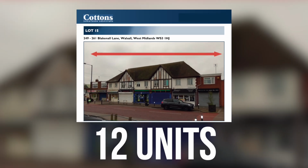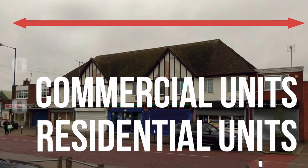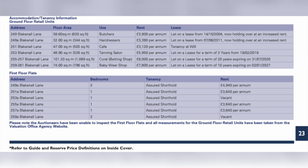So this is a block of 12 units that went to auction very recently, and it's 6 commercial units and 6 residential units. What that actually means is, we've got 6 flats above the shops and we've got 6 shops underneath, with the total rent coming in once it's fully occupied, because initially it was listed as 2 empty apartments, once it's fully occupied, generating